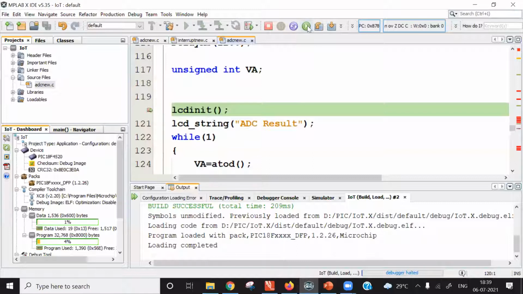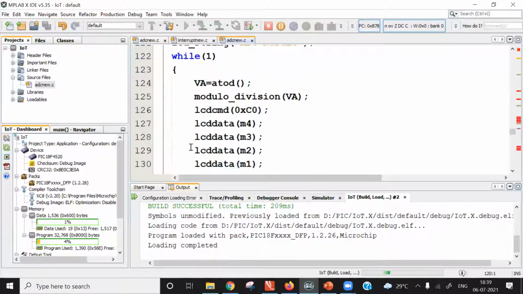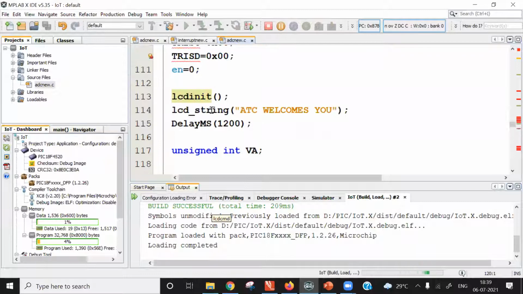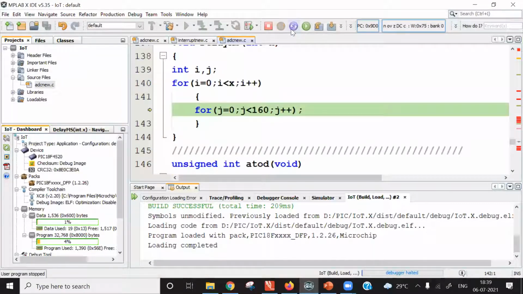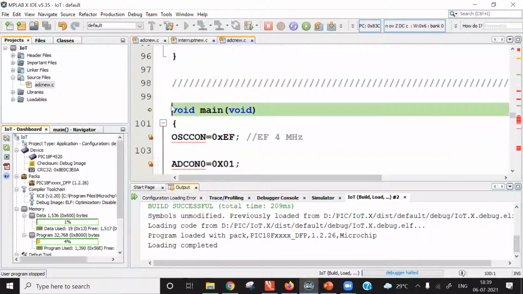Once again, if I click on this icon, continue, program execution will begin after the breakpoint. Program execution has started once again. And now the program is somewhere inside this while loop. So now I will show you single stepping. I pause this program here. I am going to reset it.